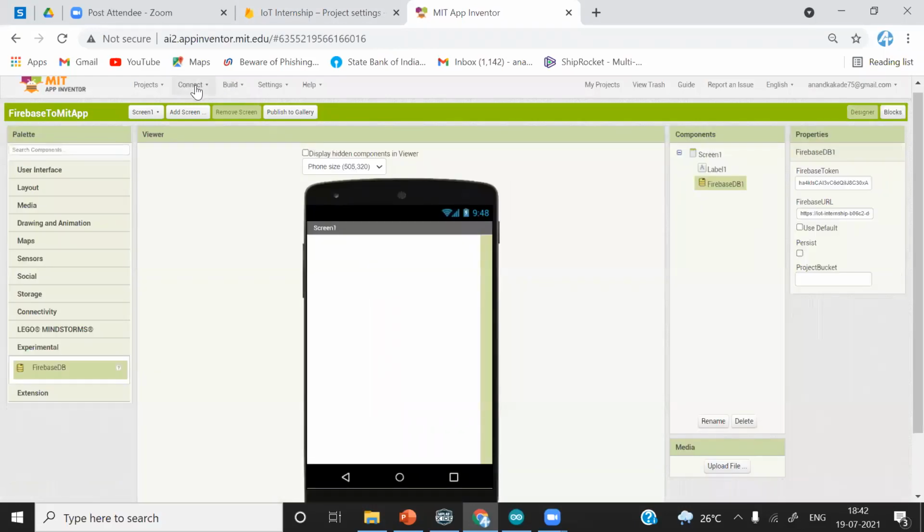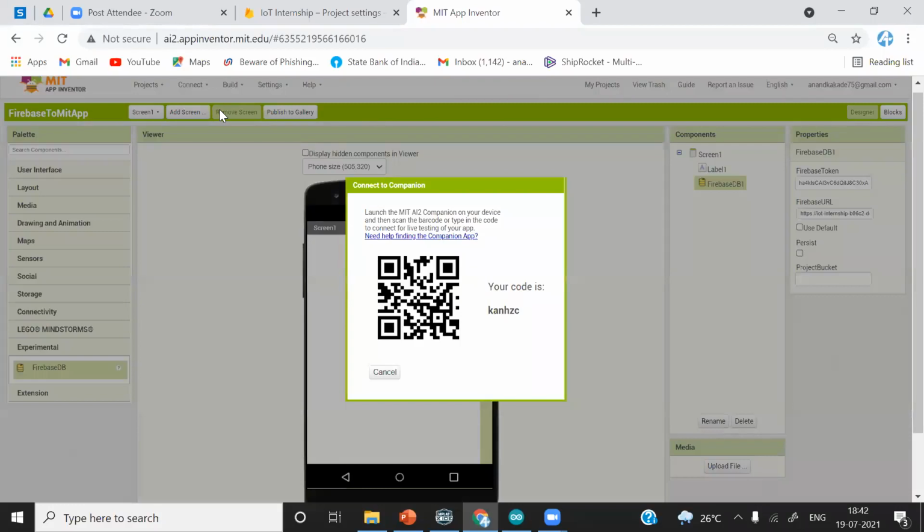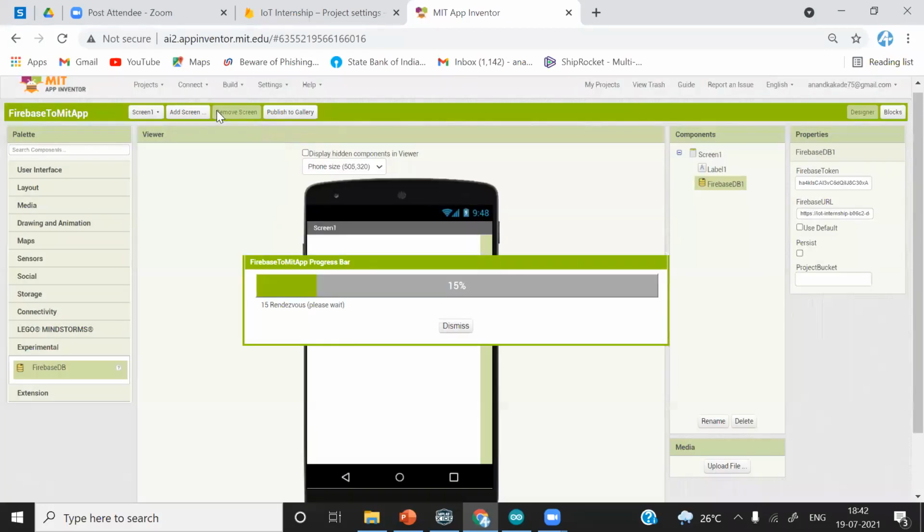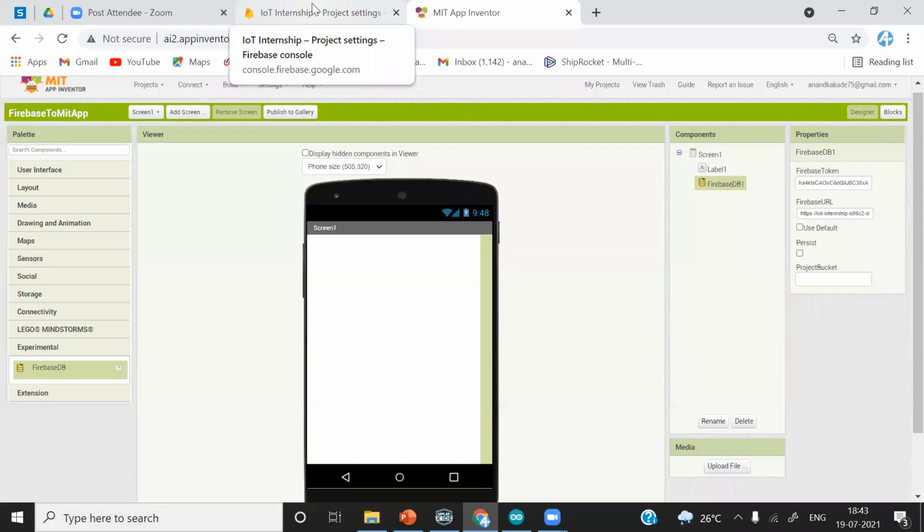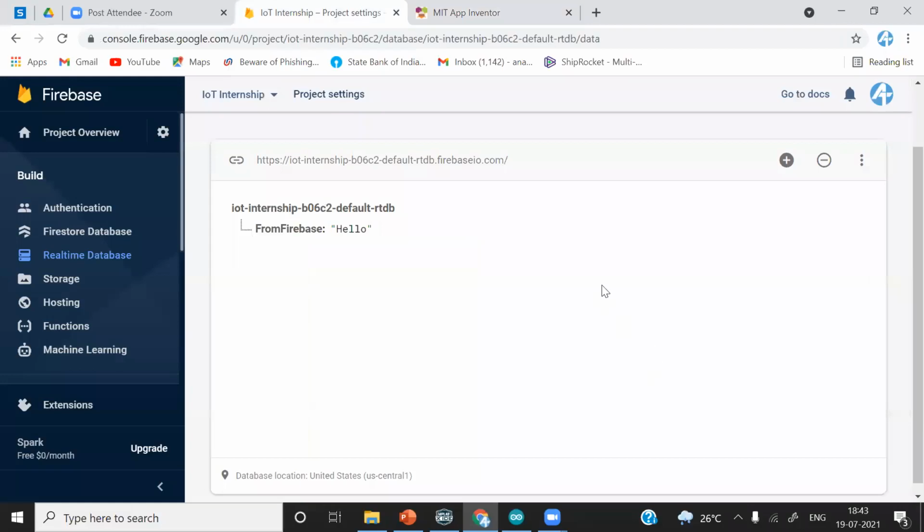I'll go to designer, just simply connect my smartphone. You can see that we have written the hello.